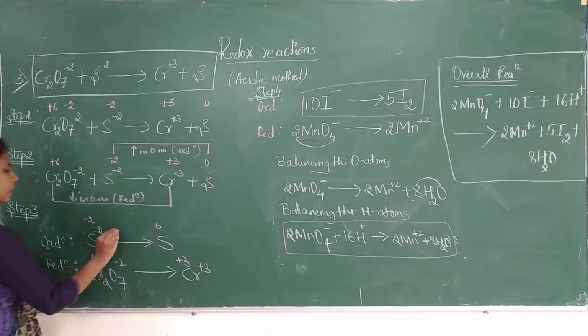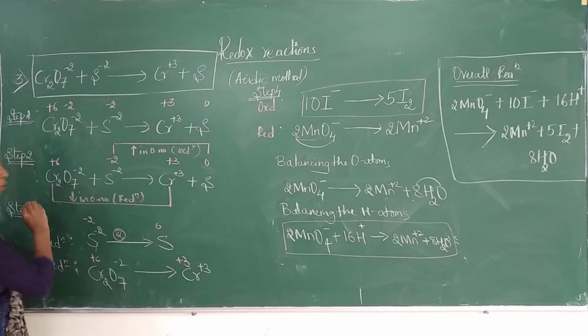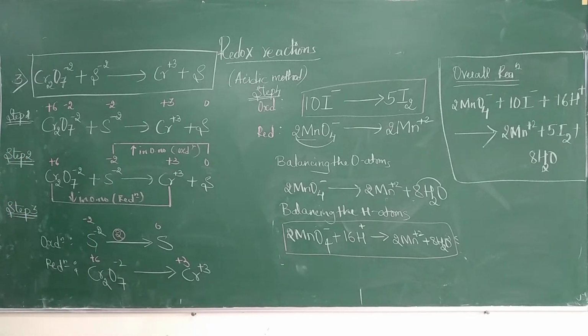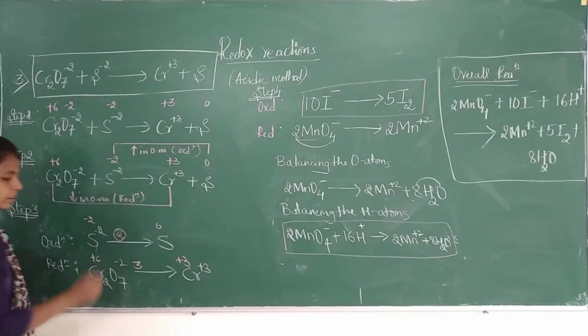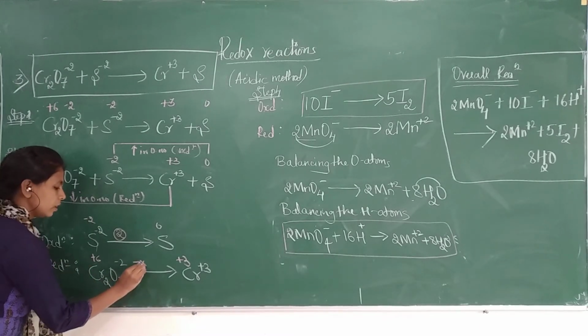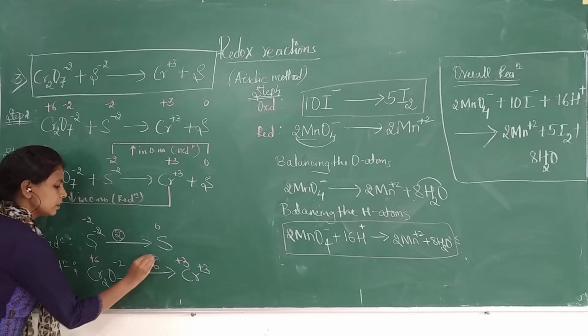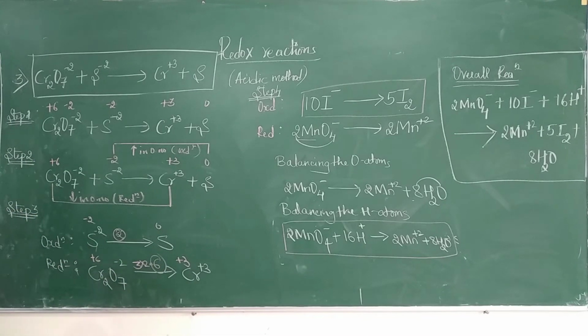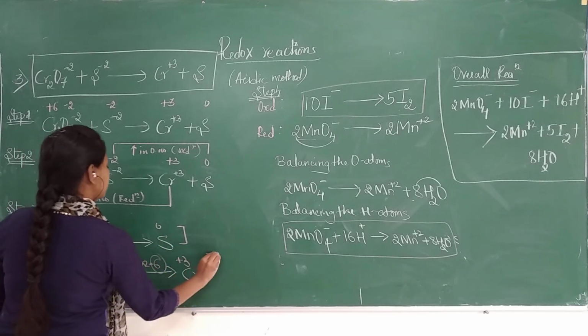It has increased by 2. By how many numbers has it decreased in the reduction reaction? 3. But there are 2 chromium atoms, so 2 into 3, it is 6. So the increase in oxidation number is 2, the decrease in oxidation number is 6. Now we are going to equalize it by multiplying the first equation with,